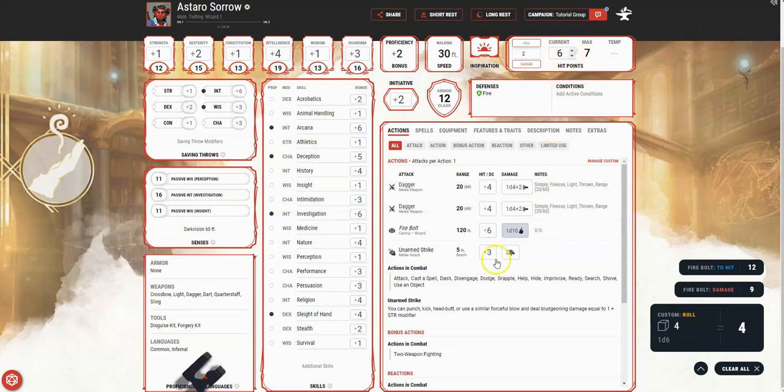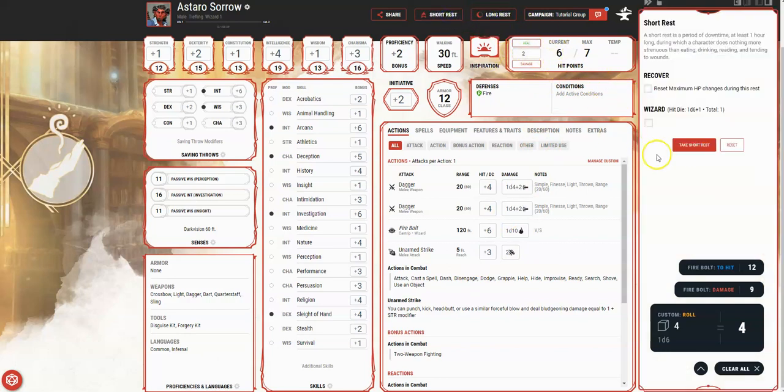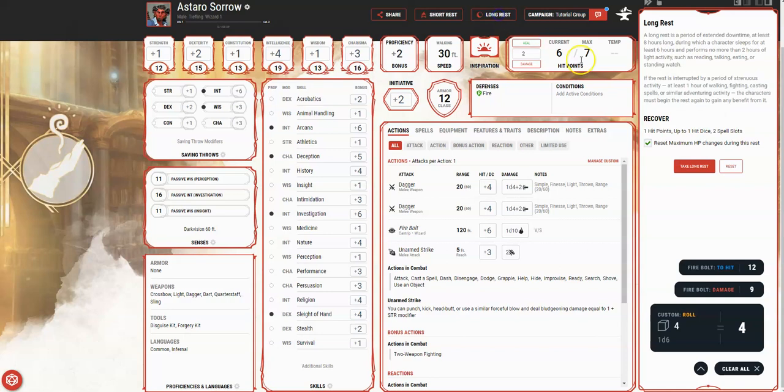A long rest would give him back his spells. But let's say he still had some spells left. He could just do a short rest, and now he's got a short rest happening, and so he could continue going on until you guys decide to take a long rest, which a long rest would then